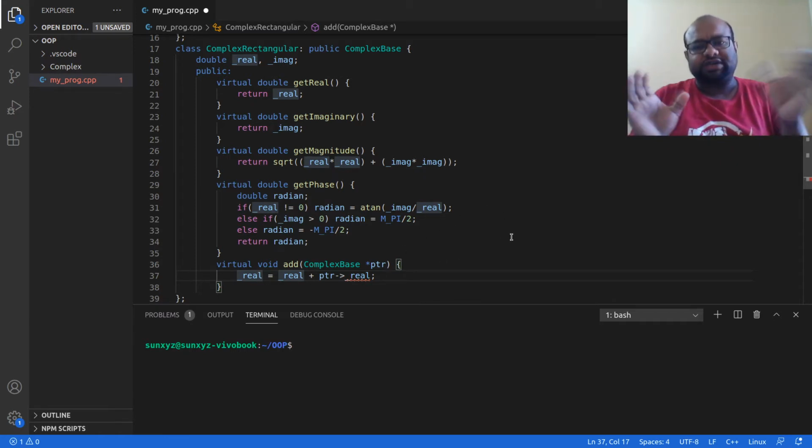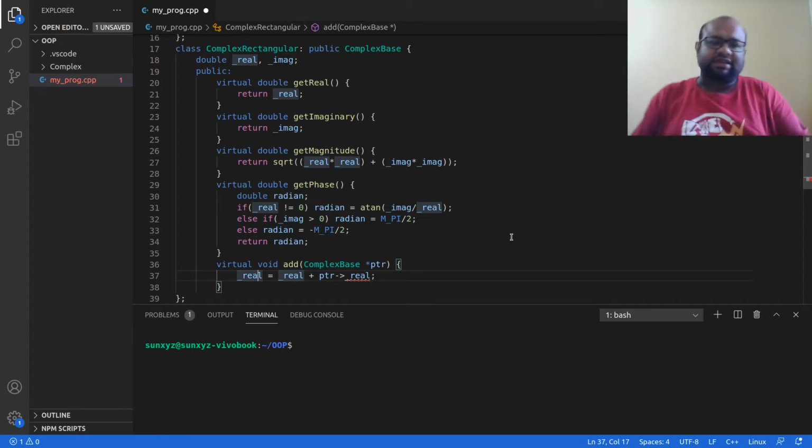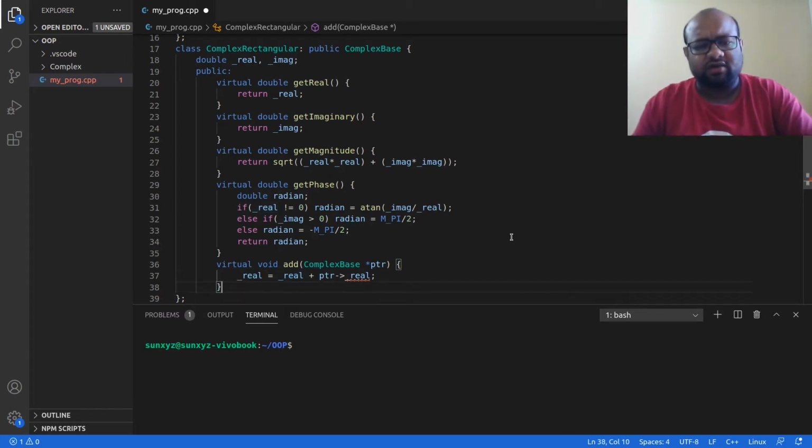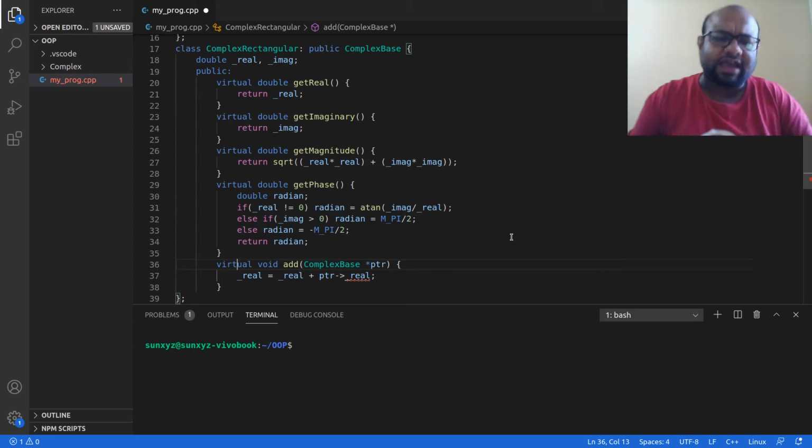So I have two objects, A and B. This real is for A. I am going to take a class soon on something called the this pointer, and once you learn the this pointer, you are going to understand how these variables inside classes are actually called more properly.